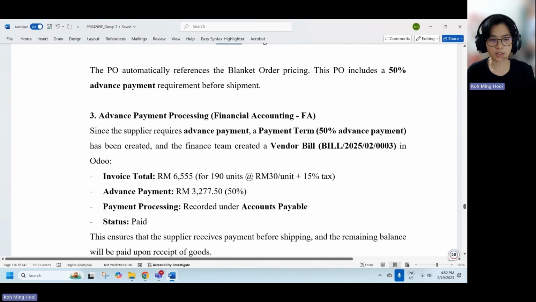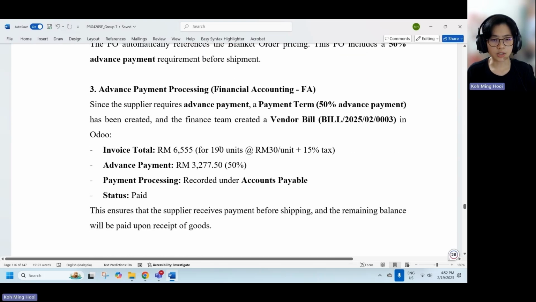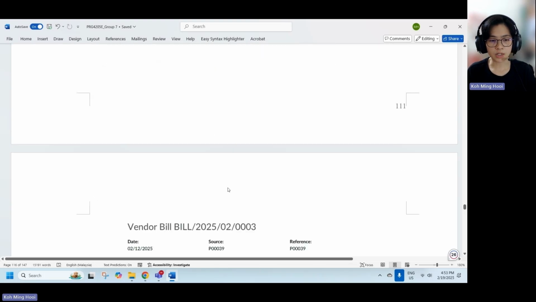So how we deal with this is that since 190 units of side panels will require around 6,555 ringgit in total, inclusive of 15% tax, the advance payment, 50% of it, will be around 3,277 ringgit. And this is actually recorded under accounts payable. So how we did this is that